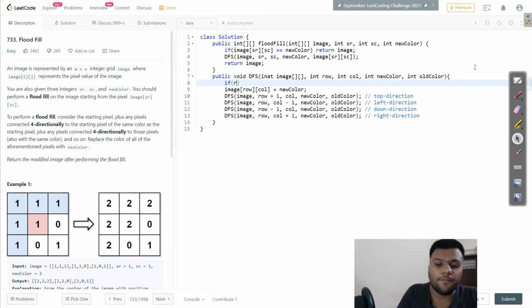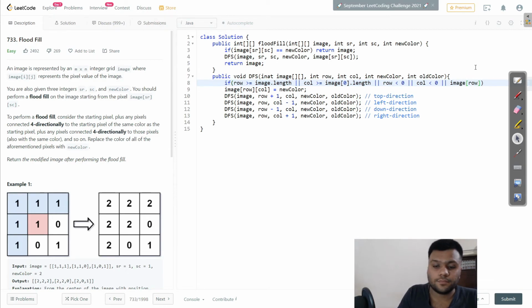So I will say if my row is greater than or equal to image dot length, or my column is greater than or equal to image 0 dot length, or if my row is less than 0 or my column is less than 0, and the final condition will be my image